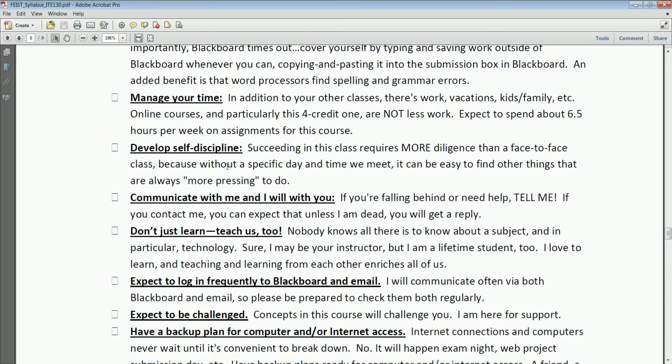If we met in person, we would meet multiple times per week in a 16-week course. If you're taking this in a semester that's less than 16 weeks, then hang on, because you're about to get on a roller coaster. Bottom line is, this course is a ton of work. It's 4 credits, and it's not less work than doing it in person. Expect to spend about 6.5 hours per week on assignments, and that's a very conservative estimate. You might be well over the 6.5 hour mark. So just so that you're aware of what you're getting into,